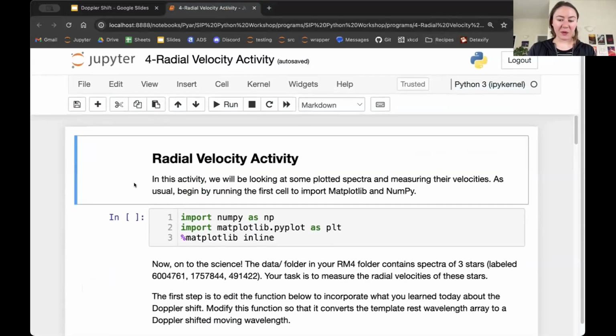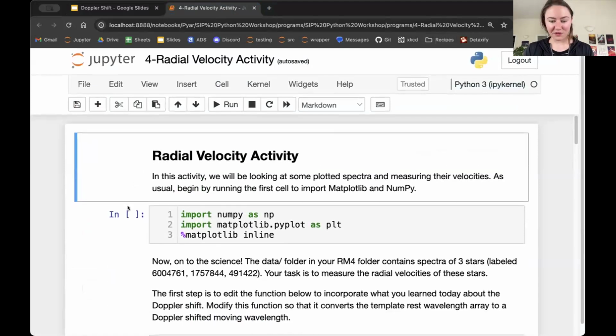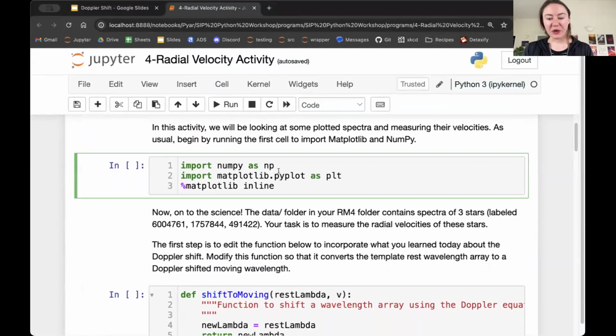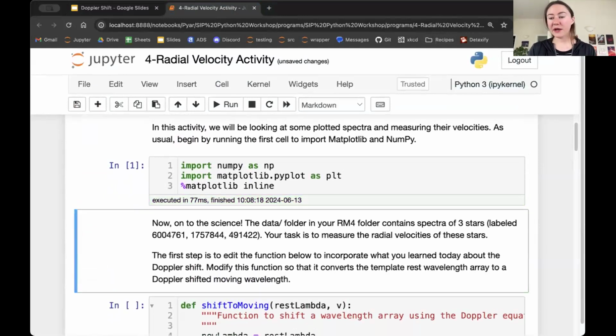Opening up notebook 4, we see this is an activity in radial velocity. We're going to go through our classic steps. We're going to import NumPy and matplotlib. And to remind everyone what this little